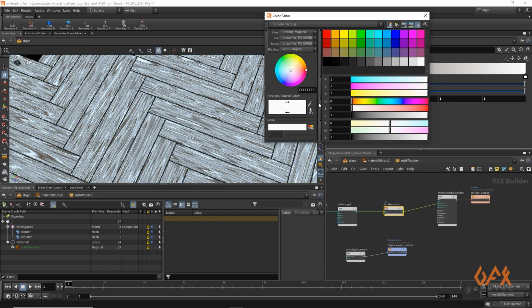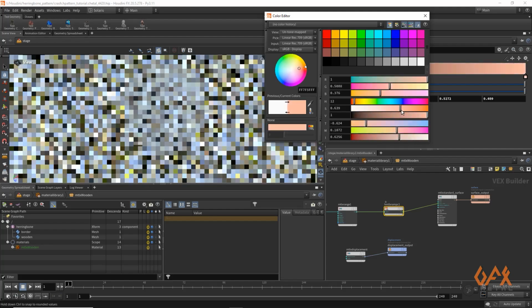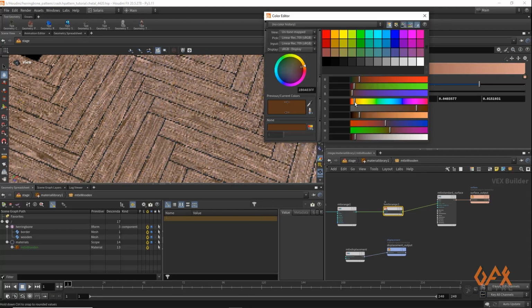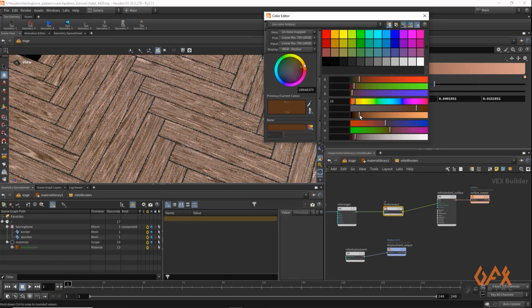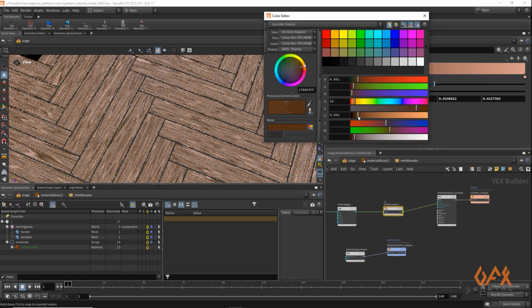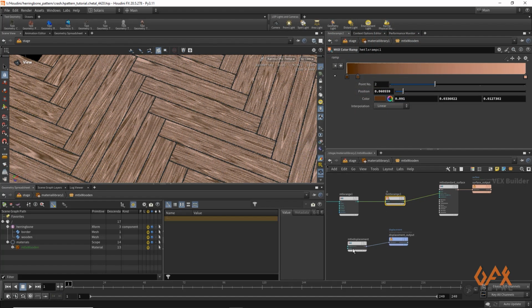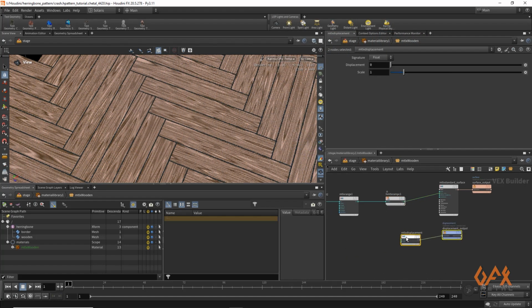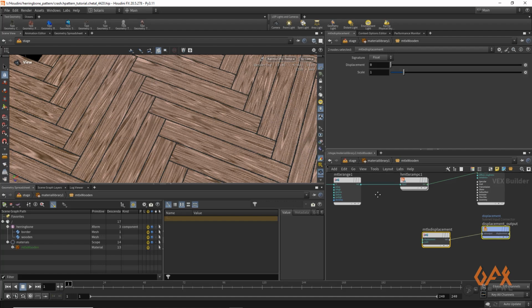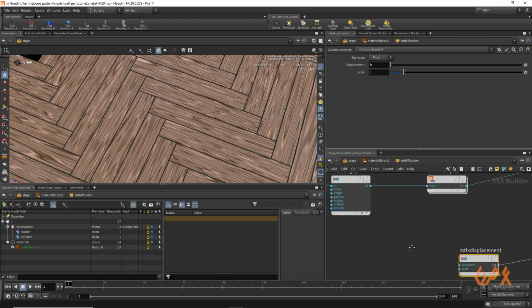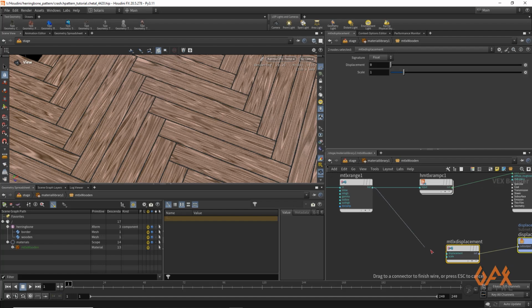Here I prefer a little better one, and maybe a little more. Okay, and you can use this outcome, that gray outcome, as your displacement map also. So I just prefer to apply this as my displacement map.